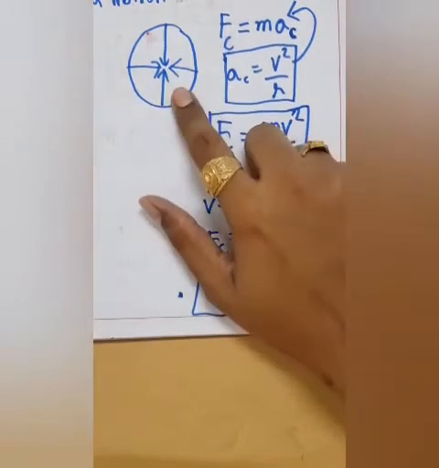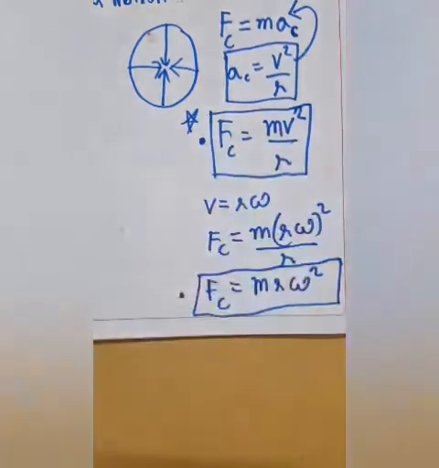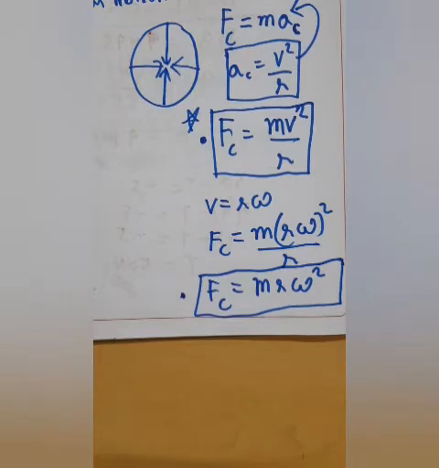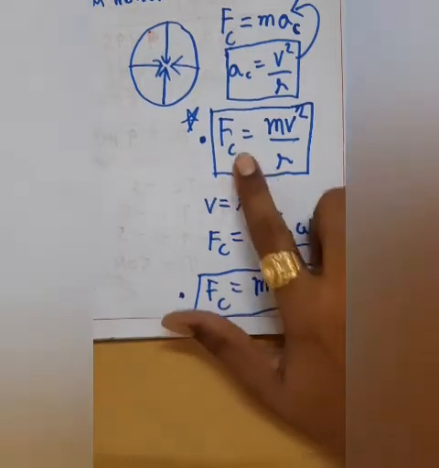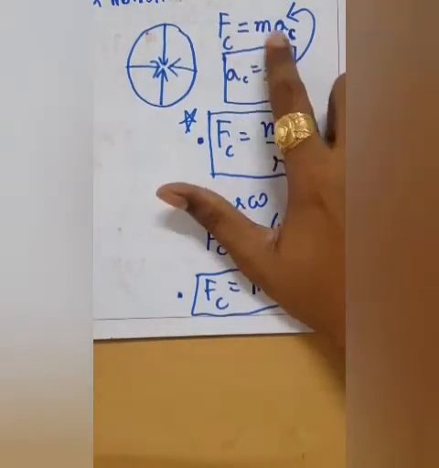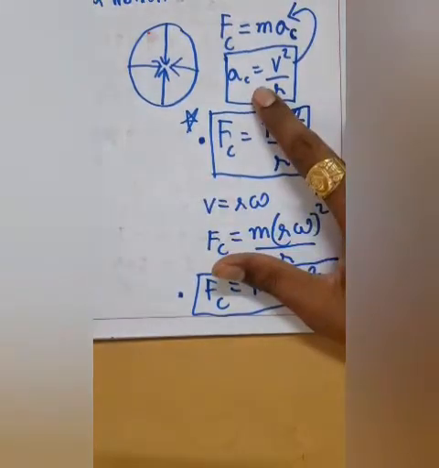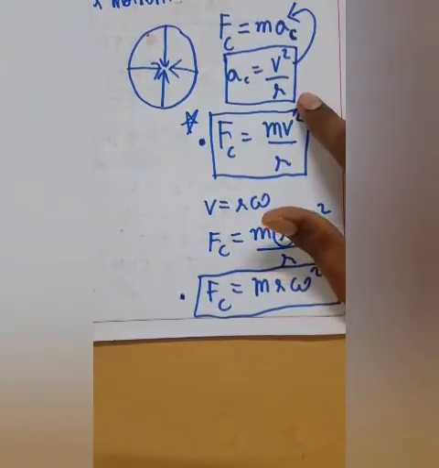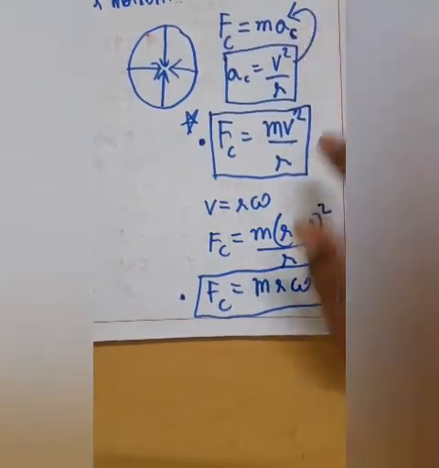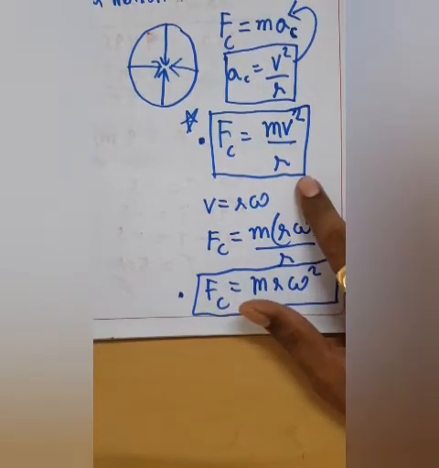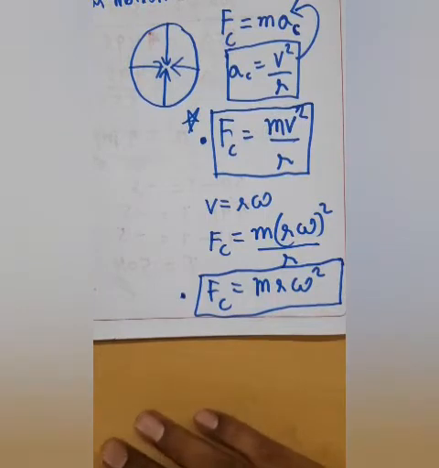So for circular motion, a body always requires centripetal force, or maybe you can say it requires centripetal acceleration. So I have made the formula of centripetal force over here, which is Fc, actually force is equal to mass into acceleration, and centripetal acceleration, which is always directed towards the center, is v square by r. So if we put this value in place of acceleration, the expression for centripetal force becomes mv square by r.